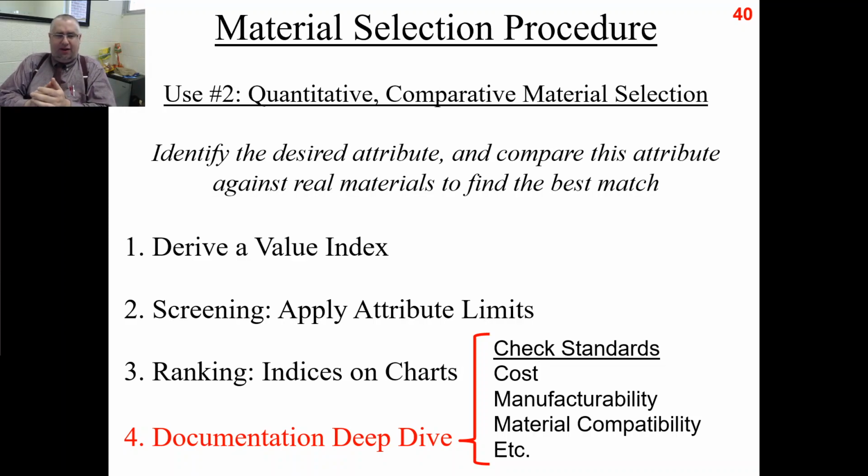Okay, welcome back. This is going to be the last video in this set of videos on material selection and introduction to Ashby charts. This is, again, Dr. Matthew J. Traum. You've gone through the last three videos, and we've gotten all the way to the end of